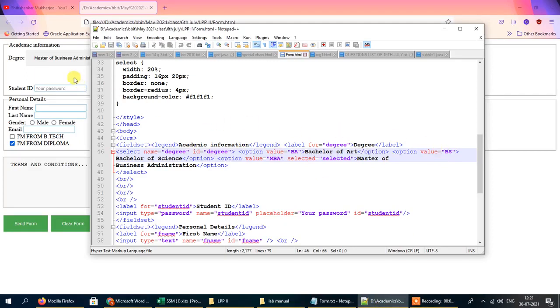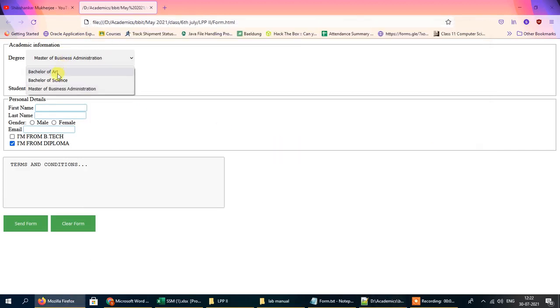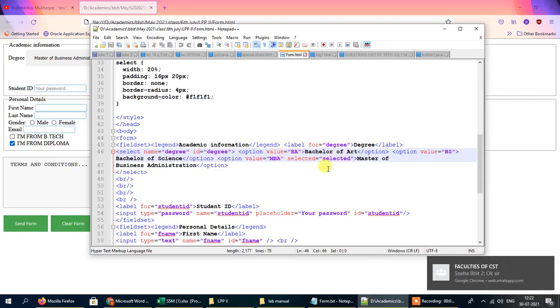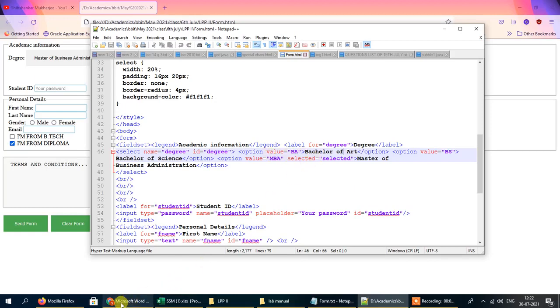So under every possible option there is a value. So whenever we select any option out of these three, the corresponding values associated with this option will be selected. So finally we've got something called Master of Business Administration, and it is selected by default. So here you can see apart from MBA we've got something called selected, right? So MBA and selected, and the value of selected field is set to selected.